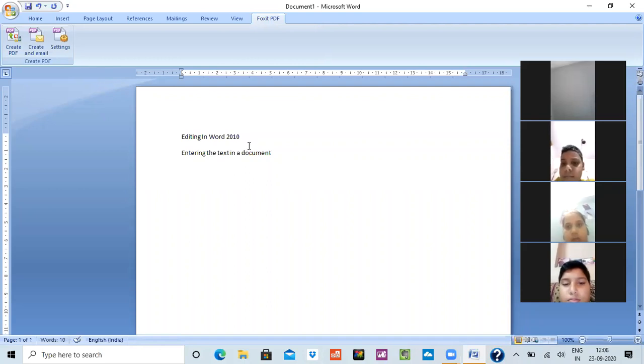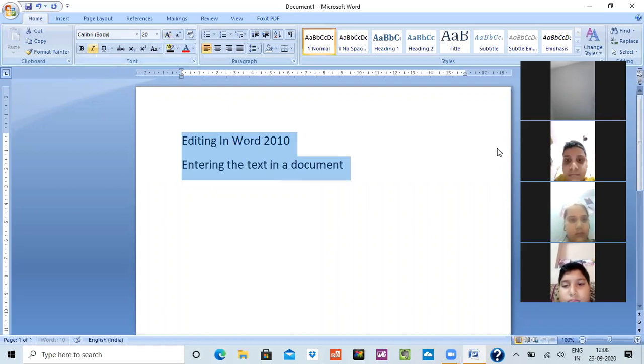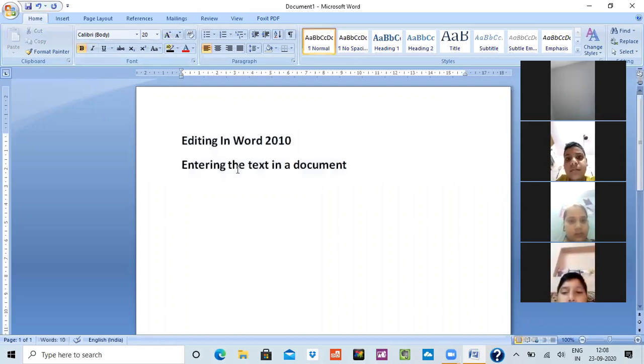Now it is very small in size. So what I would do, I will select it, go on home tab and increase the size. See, now it is increased in size. For example, I have to do T capital. I will just click on it and I can do it. So this is called entering a text. बस आपको कीबोर्ड से प्रेस करना है, words लिखने हैं and it would enter.